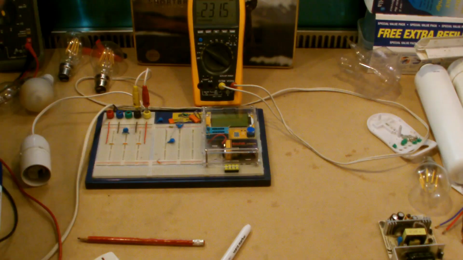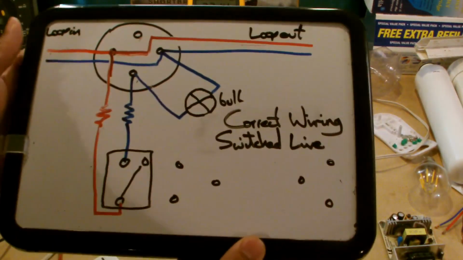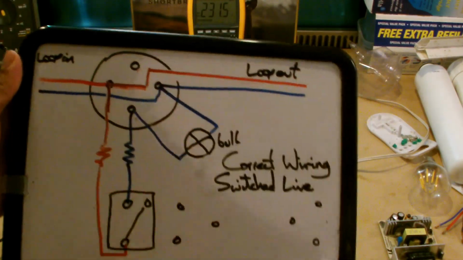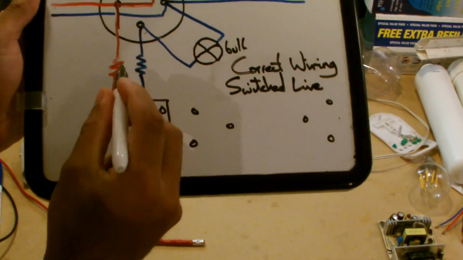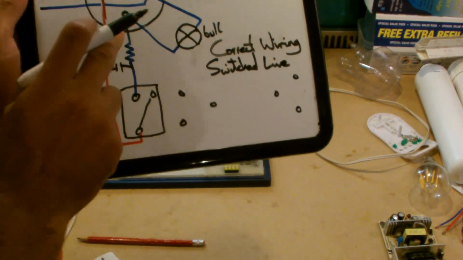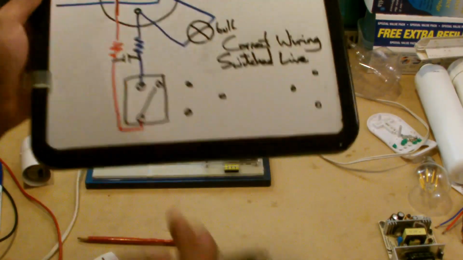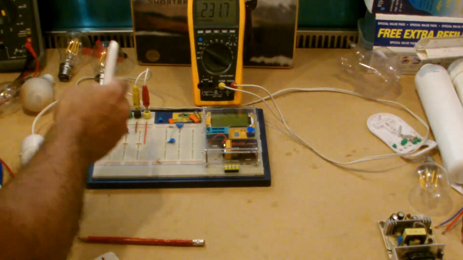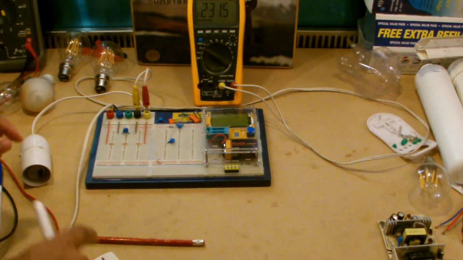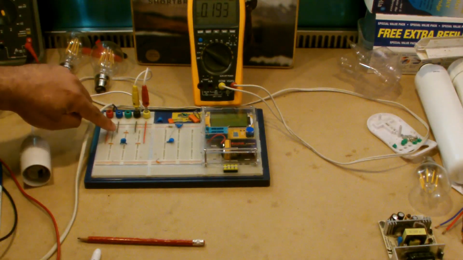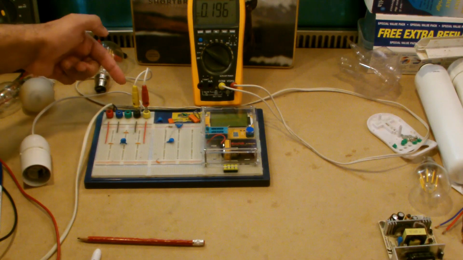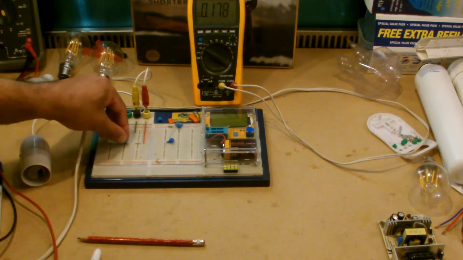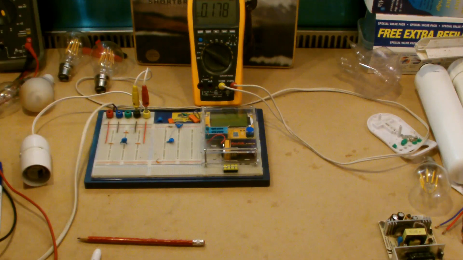I showed you the switched neutral, and if we look at the switched live, well, there isn't a great deal of difference. Obviously the wires are swapped, and we can put the stray capacitance here, which is represented by that long line, and this switch, and let's emulate that on this thing. What do we want? In this particular case, this inner circuit here is the neutral path and this is the live path. So I put this capacitor into that location, and let's see what happens now.